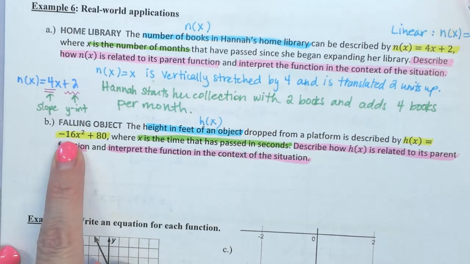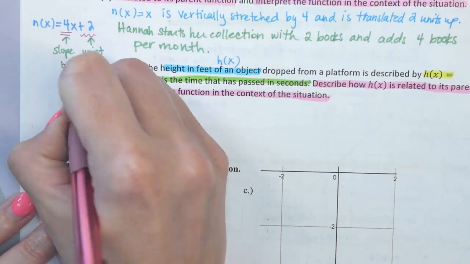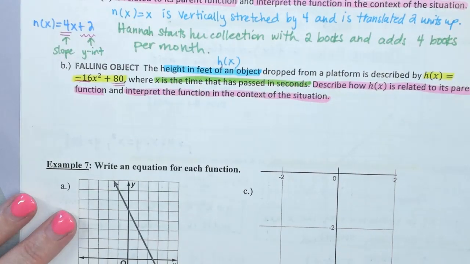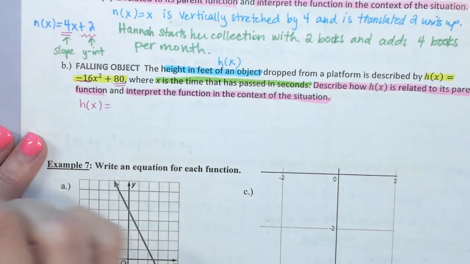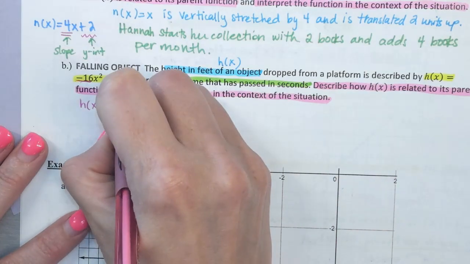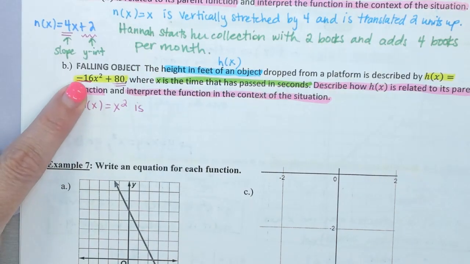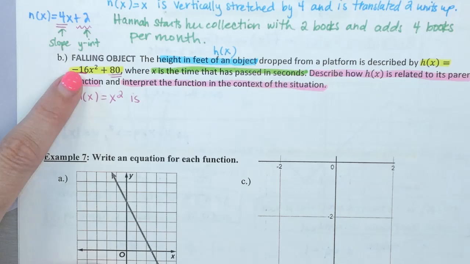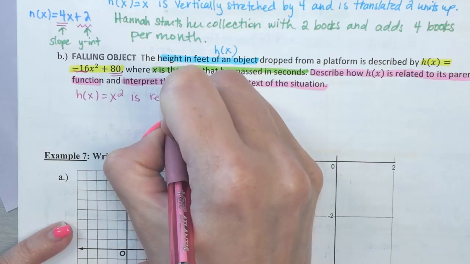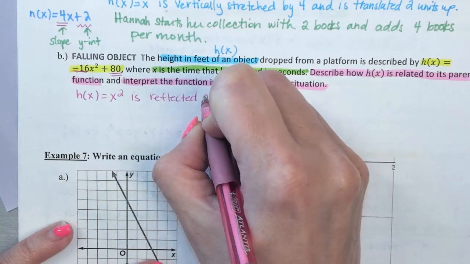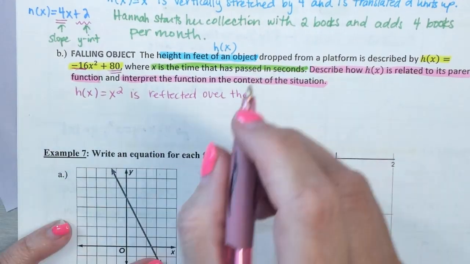So again, we're just looking at this equation here. You have the negative 16 on the outside and you have the plus 80. So we should start by saying h of x equals, and then this is the quadratic, so h of x equals x squared is, and remember the negative means something itself. If the negative is not inside parentheses, it's outside, so that means it is reflected over which axis? The x, because remember XOXO, it's outside, so it's reflected over the